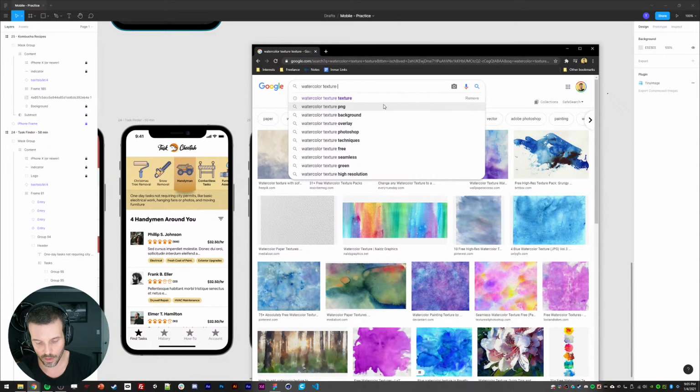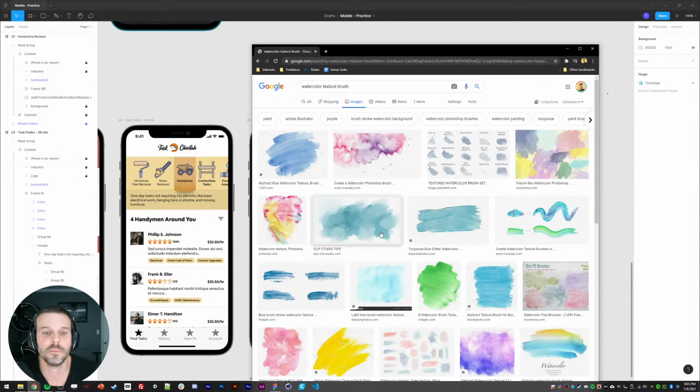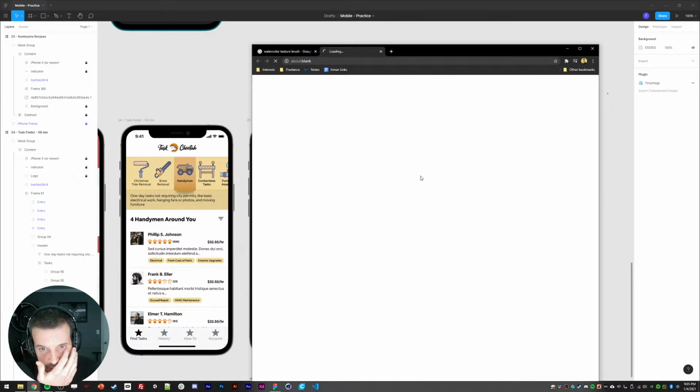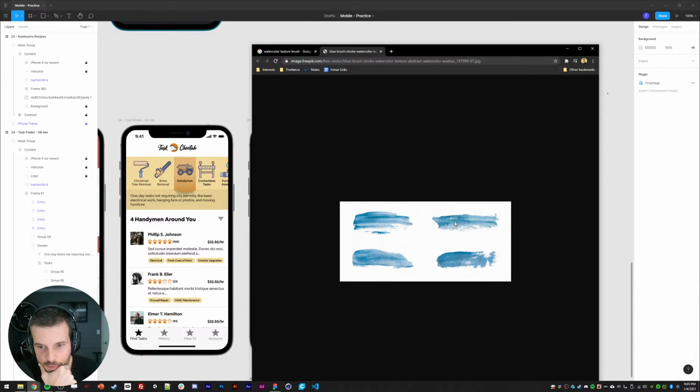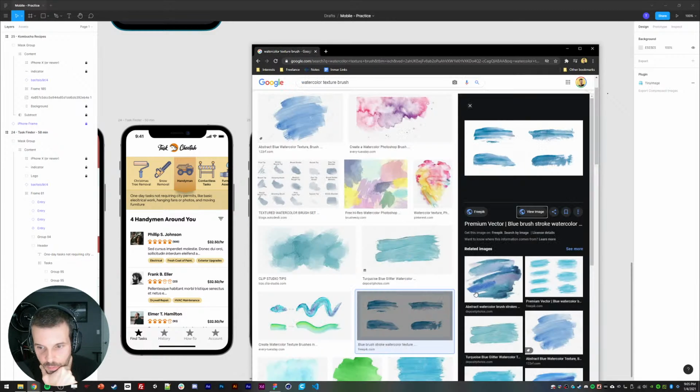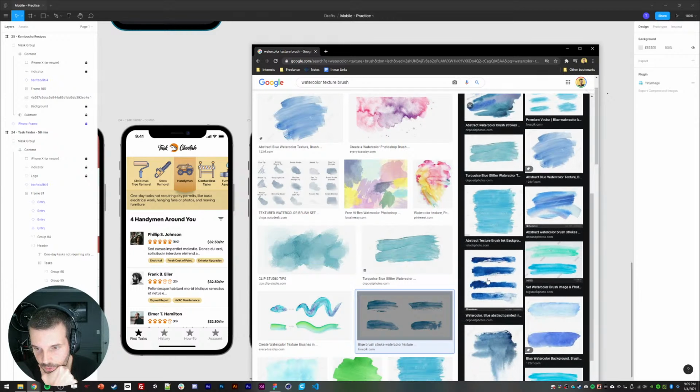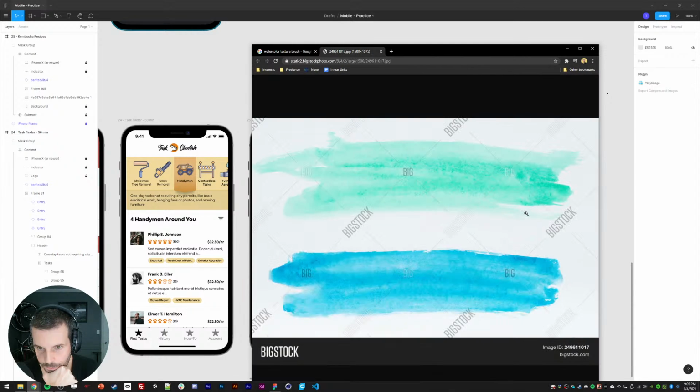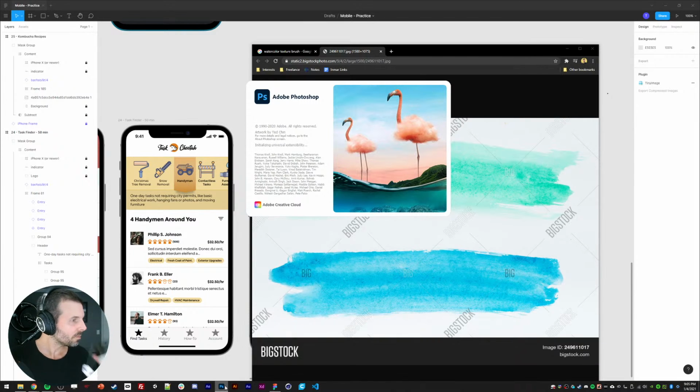Watercolor, type that. Brush. Yes, what if we had something like this here? Maybe something more high res than that. Wait, what? Let's try that. So we're gonna open this up in Photoshop. I don't know if this will work, but